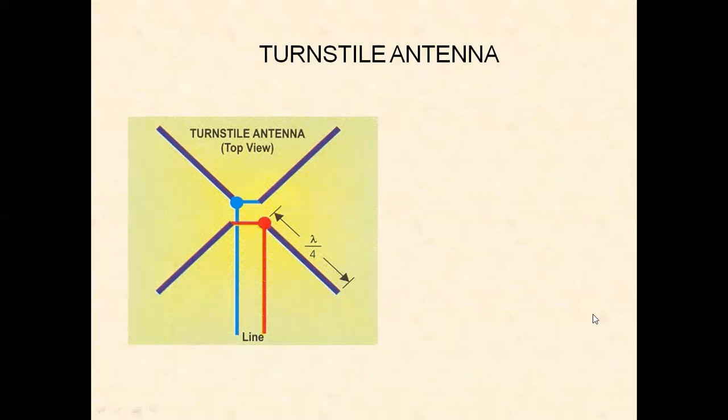So the design of this antenna is very simple. Calculate the value of lambda. Lambda equal to C by F for the given frequency of operation. We can calculate the value of lambda. Then we have a half wave dipole. The length is lambda by 4. Another half wave dipole. The length is lambda by 4. Lambda by 4 plus lambda by 4, we get lambda by 2. So the lambda by 2 antenna and the lambda by 2 antenna both are placed perpendicular to each other.